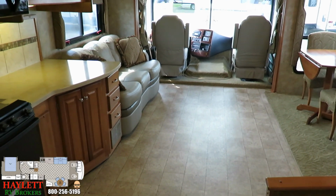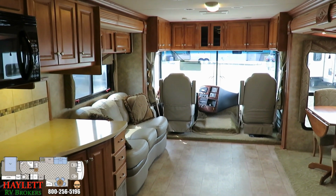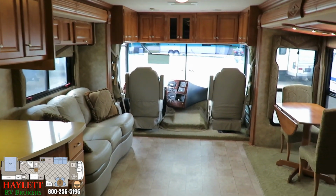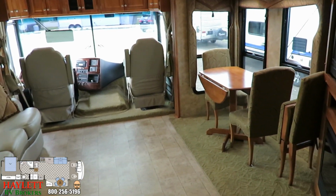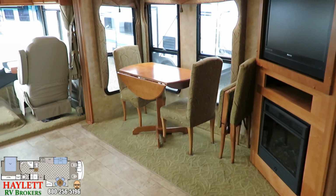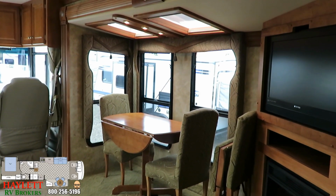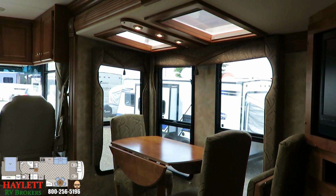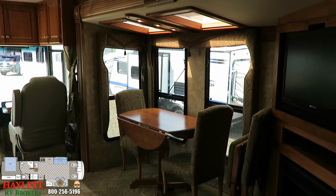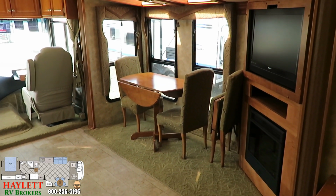I've seen this layout previously on, I think it was a Newmar that we had here at Haylett RV Brokers, and it looked good then, and I like this layout now. Every manufacturer obviously has their own little take and spin on things, but there's something about this layout that I really enjoy, and I think it's this big atrium window slide over here on the door side of the RV. So your destination is right outside those windows, and with those skylights above, you're just letting a flood of light in, although they do have privacy shades so you can block the sun from cooking you